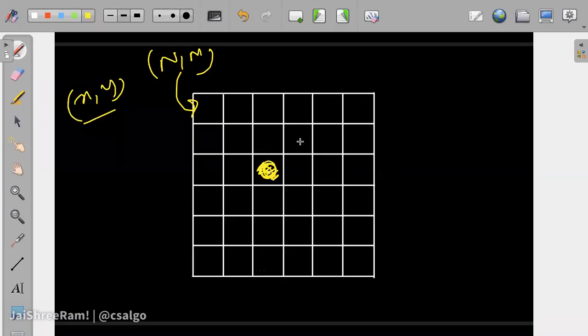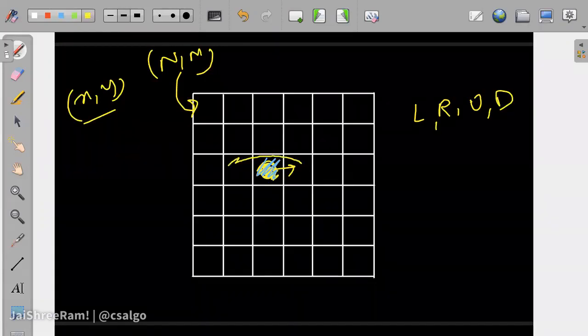No worries. So from this starting point, you are given instructions like left, right, up or down. These 4 instructions are given to you, and based on that you will have to move. But whichever cell you leave, that cell gets demolished. Once it gets demolished, if you go back to this cell, you will slip into the cell which is not destroyed in that particular direction. So let's suppose you first are at this cell, then you go to this cell and this cell gets destroyed.